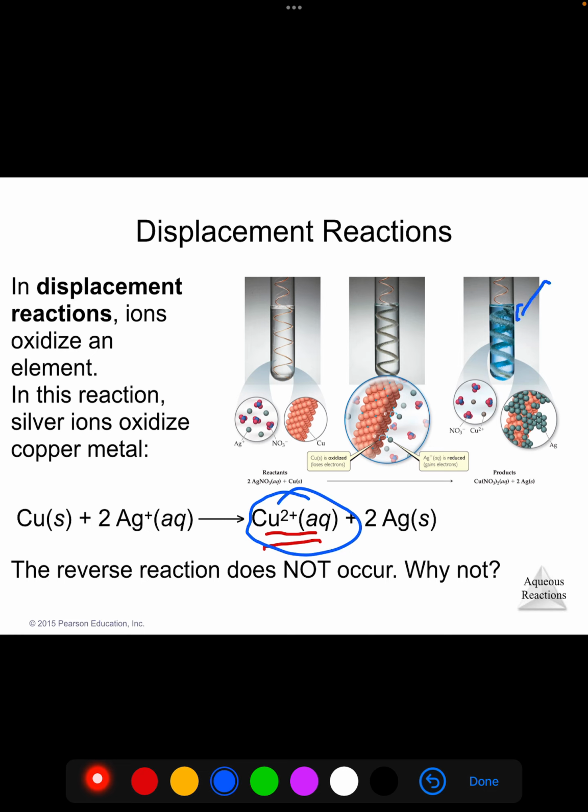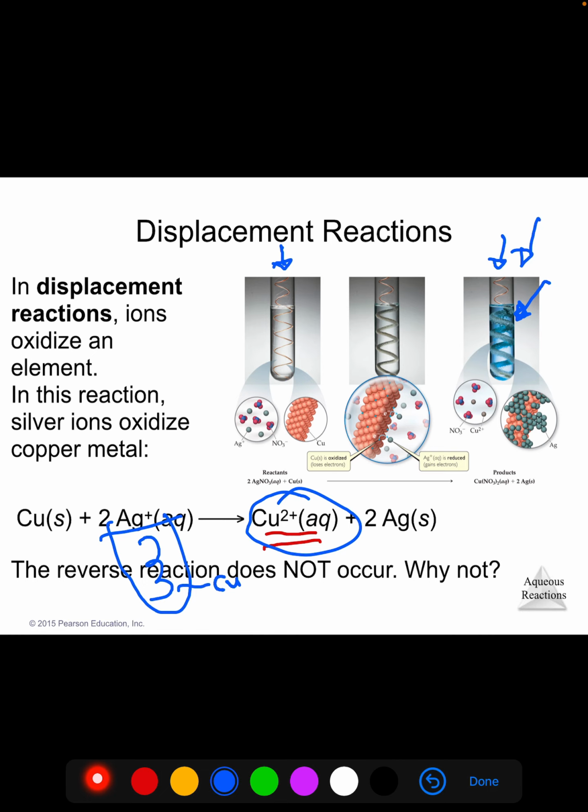And there's your blue solution, blue copper ions in solution. It's not copper colored, it's blue colored. The silver, of course, is silver colored. It's colorless here because it's dissolved, and then it's silver when it becomes reduced. The reverse reaction does not occur. If I took a silver wire and put it into a solution of copper, which is basically what you have in this third tube,